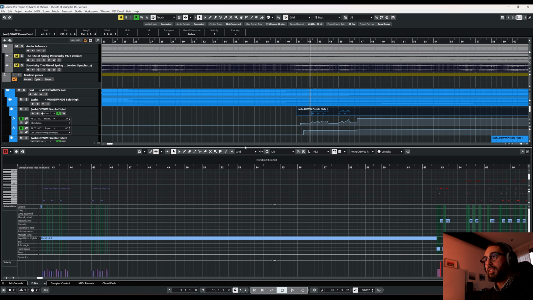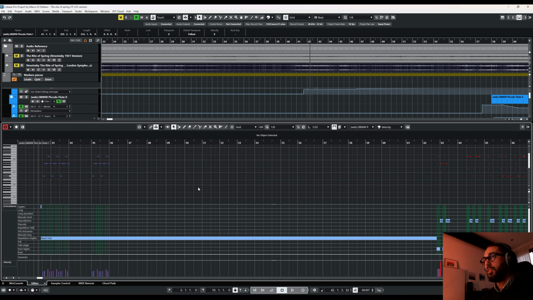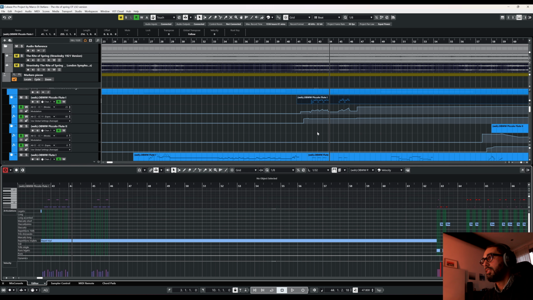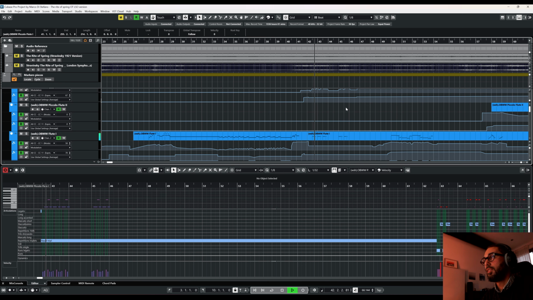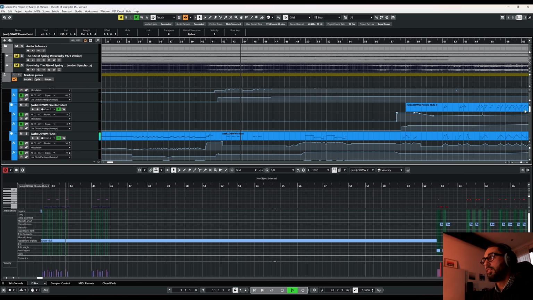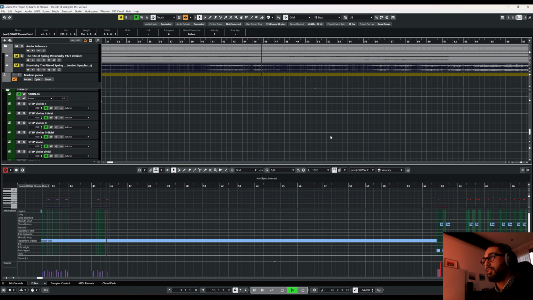So here, let's put this flute here, with repetitions, triplet here. And now here is where you actually start to have also the